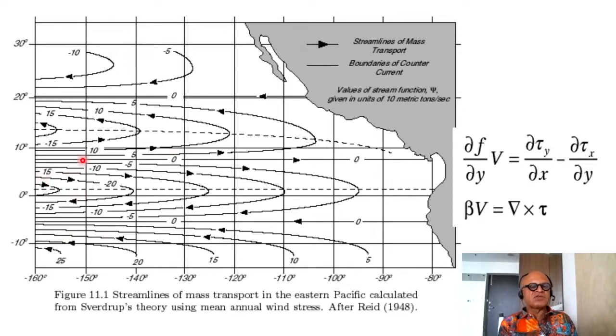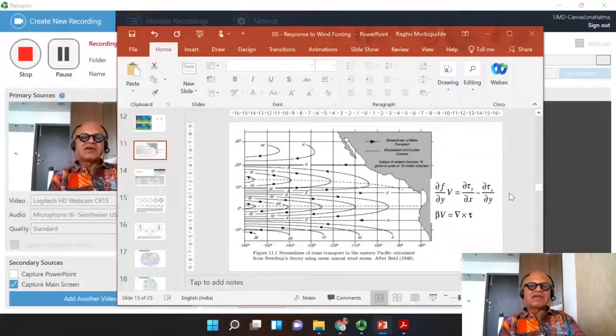Sorry, let's just focus on the northern hemisphere. So you can see that there is an equatorial circulation with the equatorial countercurrents and south equatorial current, north equatorial countercurrent, north equatorial current, and the clockwise gyre circulation, and so on. So remarkably, this simple steady state model, making so many simplifying assumptions, produces very realistic circulation given the winds. Okay, so that was the elegance and the beauty